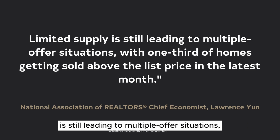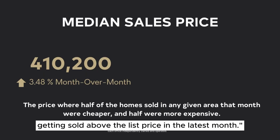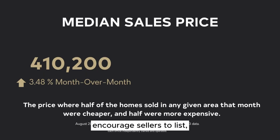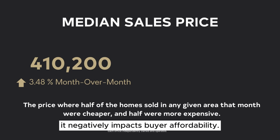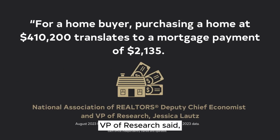Limited supply is still leading to multiple offer situations, with 1/3 of homes getting sold above the list price in the latest month. While this can help encourage sellers to list, it negatively impacts buyer affordability. Jessica Lautz, NAR's Deputy Chief Economist and VP of Research, said, for a home buyer, purchasing a home at